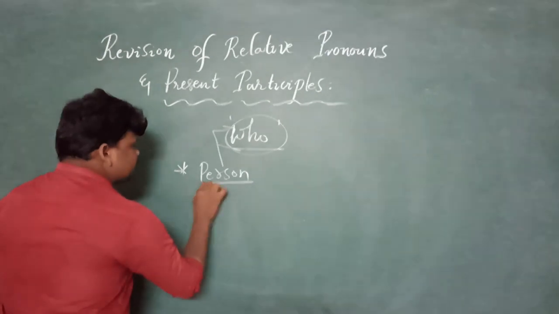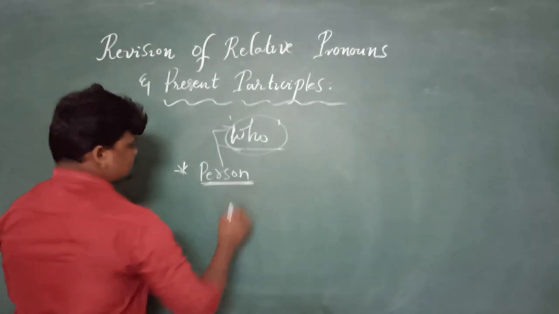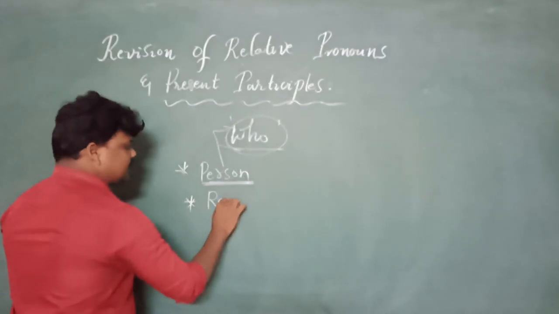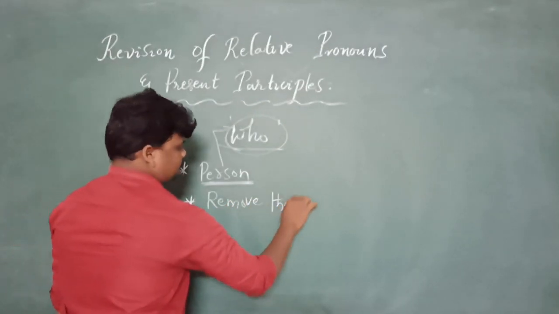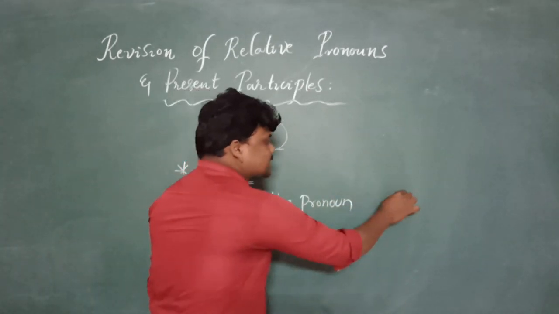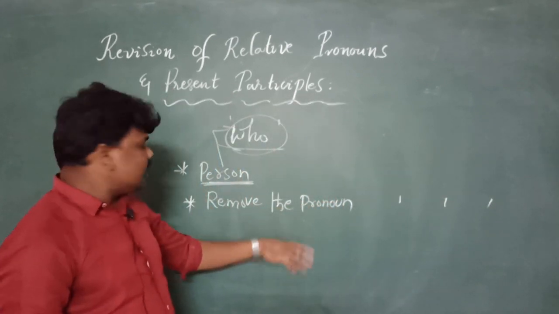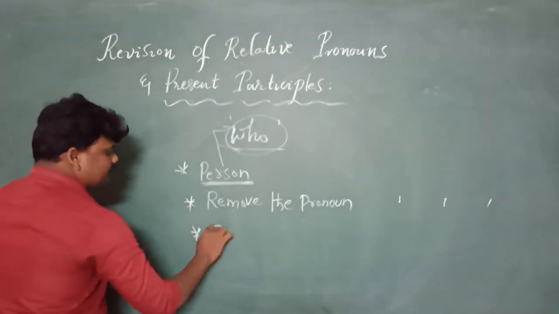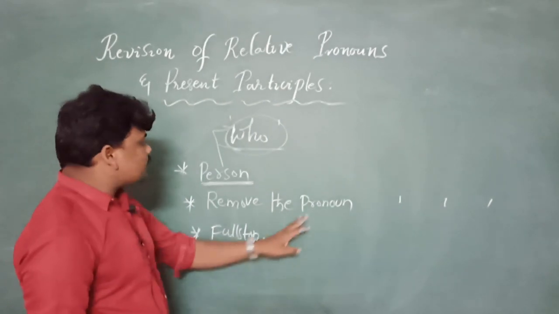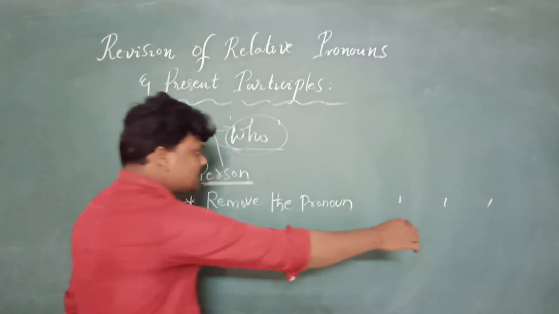Whatever it is, the first thing is to identify where the person is in the first sentence. That is the first instruction. Second instruction, remove the pronoun in the second sentence, whether it is at the starting place, middle, or end of the sentence. We need to remove the pronoun compulsorily. And at last, please keep the full stop at the end of the sentence, and do not keep any comma in the middle of the sentences; it is not necessary. Directly put the last full stop.